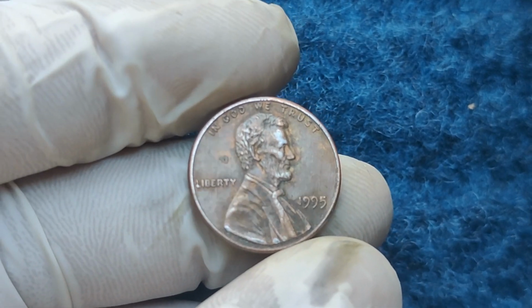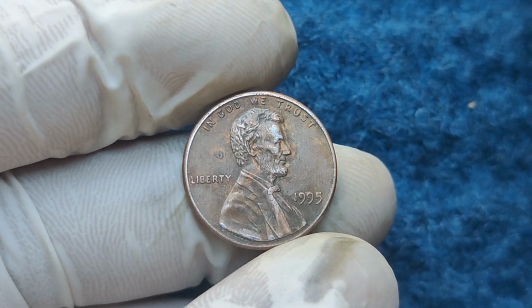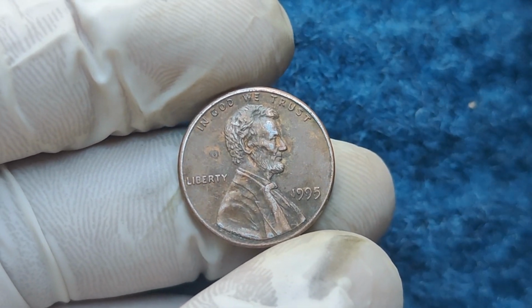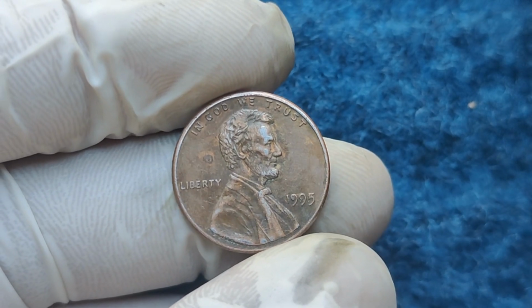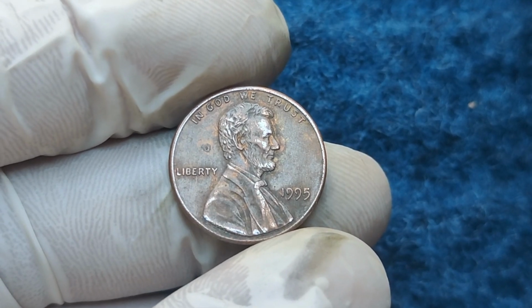Hey, coin collectors! Let me ask you a question. What would you do if you found a penny worth over $1 million? Yeah, you heard that right, $1 million. You'd probably feel like you found a secret treasure chest hidden under your couch cushions, and now, imagine you're just